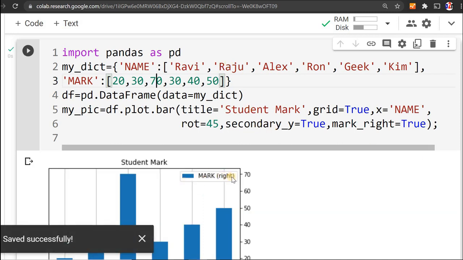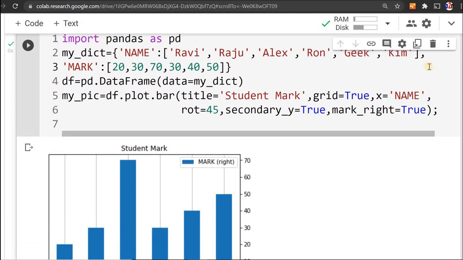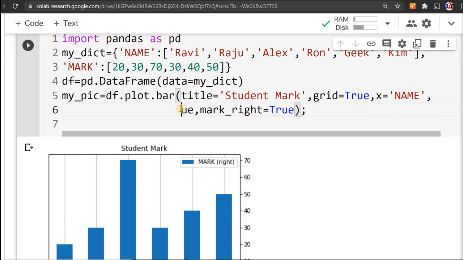Yeah, you can see the mark right here. Fine, now we'll work on the figure size. Let me remove a lot of things from here. Okay, now let's say figure size. This is in inches, actually it's a tuple. So let's say figure size, I will put it